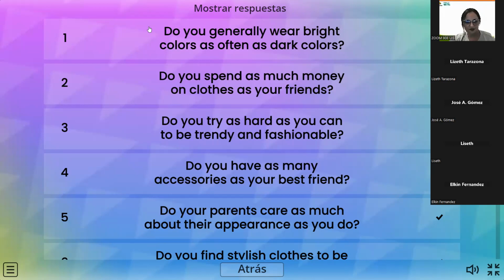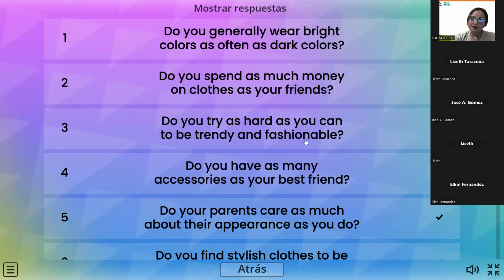Yes, teacher. Okay, good. Basically, you can also say, do you try as hard as possible to be trendy and fashionable? So there isn't any problem with it. Don't worry. I understand because when I was checking it, I was like, but this one, can and to be, could be a little bit confusing. But that's fine. Okay. What are the other questions? Any other? Did you try to identify the patterns?